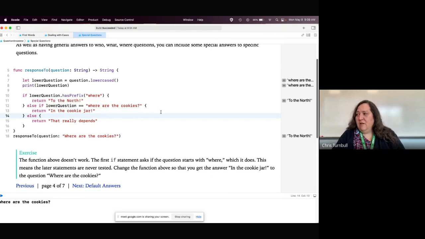Thanks for being brave. Uppercase W for where. Once we hit this part of our code, let lowerQuestion equal question dot lowercase, this is going to remove the capitalization. So if we look at the lowercase version of our question, this is kind of like thinking about